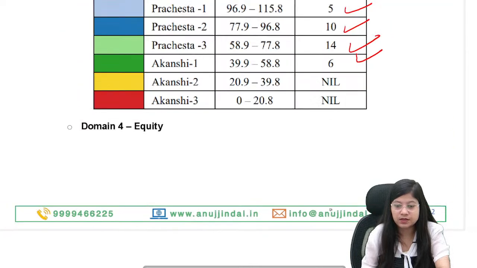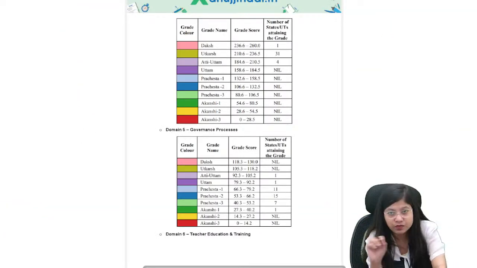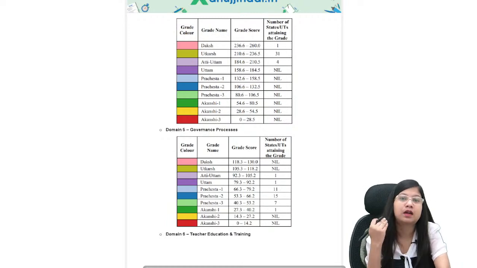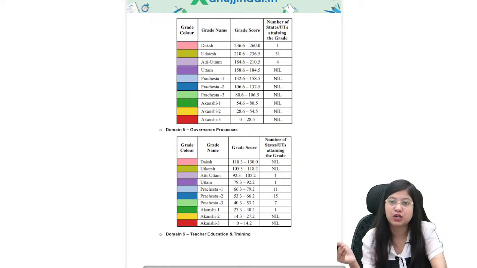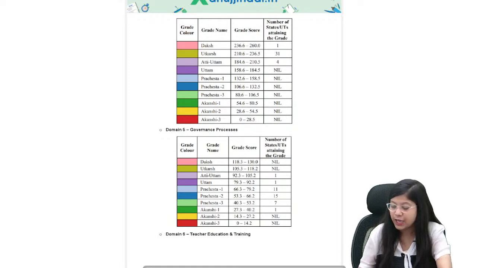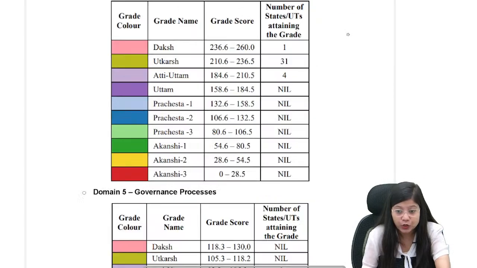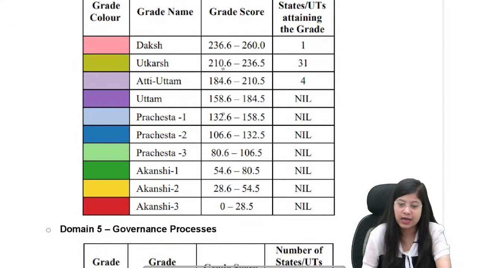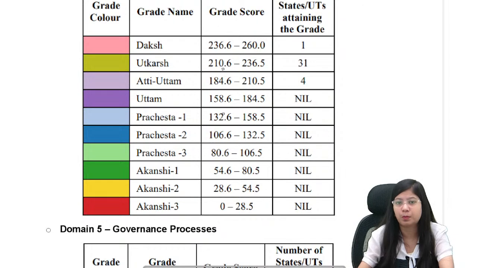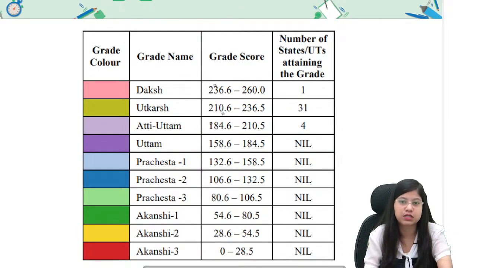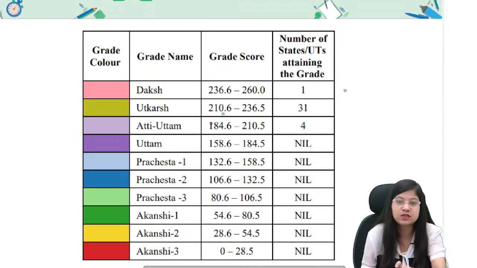The reason why I have not given you the names of these particular states is simple. You will get confused and it will not be asked in the examination. The examiner will not go into so much detail, because for that the examiner will have to open the official report and create the question. And I don't think the examiner does that for every kind of report that is released. If it is a NABARD report, the handloom survey, or the microfinance survey, then I would have told you to remember each and every important data point. But this is the performance grading index, which is related to the education sector, not a direct domain of NABARD. So in my opinion, they would not ask you the particular state in this domain wise